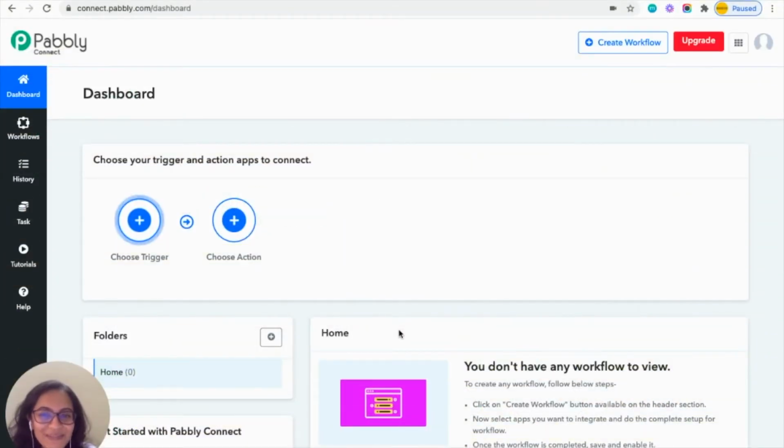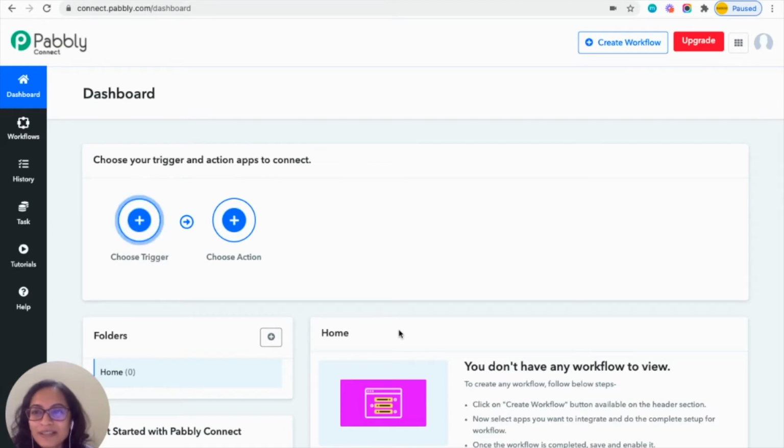Everyone. In this video, we are going to talk about the most awaited integration of ClientJoy, that is with Pabbly. Yes, so now you will be able to connect different apps that you are using with ClientJoy easily through Pabbly. So in this video, I'm going to show you how you'll be able to connect your Google Sheets with ClientJoy. So whenever you create a new entry in your Google Sheets, you want a lead to be automatically created in ClientJoy. So that will be easily possible now. So let's see how you'll be able to do it.